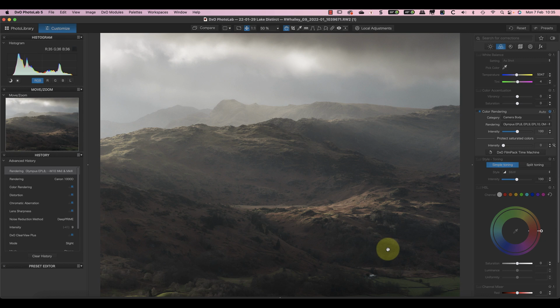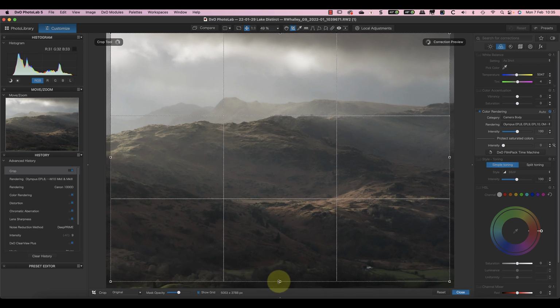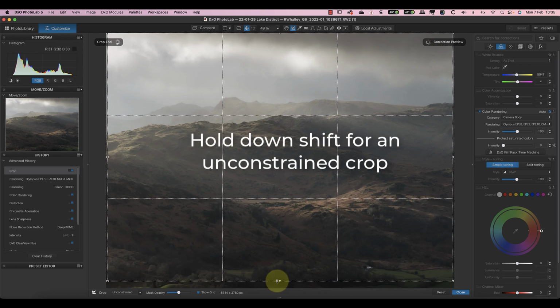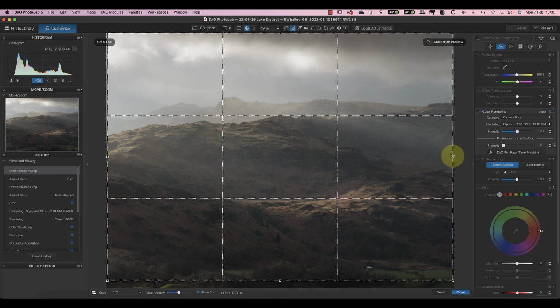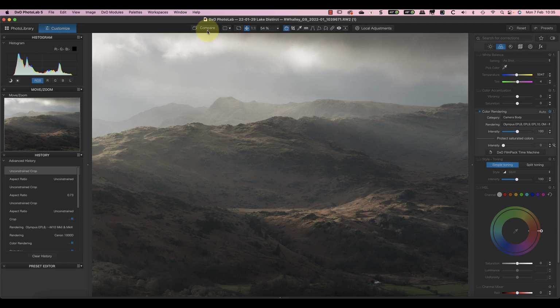I'm then going to crop this image because there's a little bit of light hillside down here that I'm finding distracting. So I'm just going to crop that out, actually. Just hold down my Shift key so that I can crop without being constrained by the original image format, and I'll just take a little bit, only a small amount, off the top of the sky. If I compare this now to the original, you can see already that we're making quite a substantial improvement to the image.